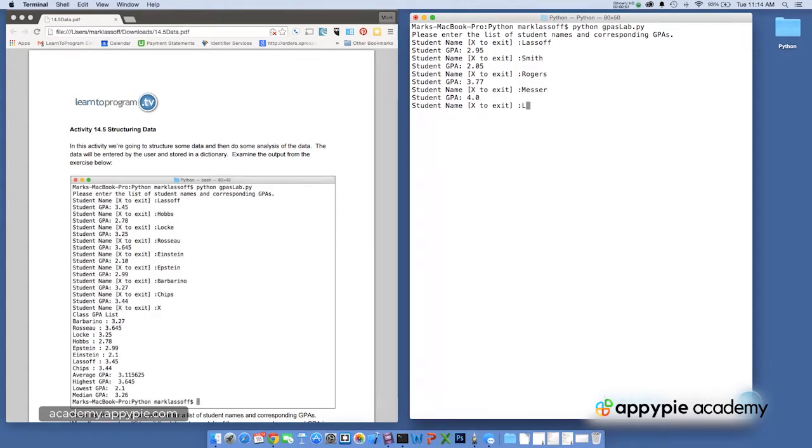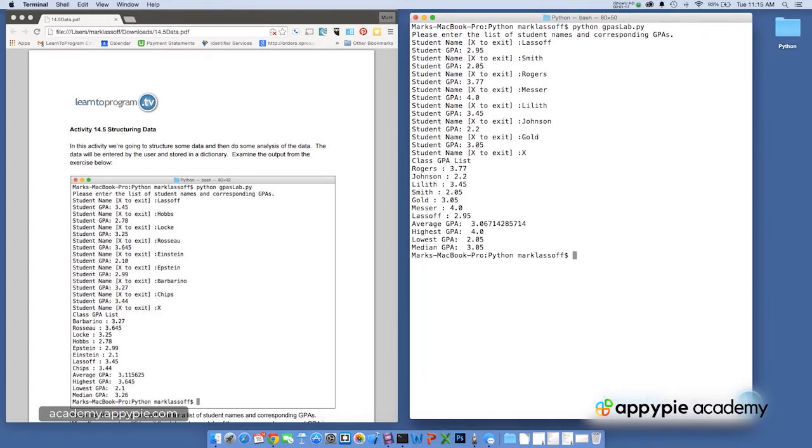Let's do Lilith, and let's give Lilith a 3.45. Just a couple more. Johnson, let's say 2.2, and Gold, let's say 3.05. Enter X to exit,